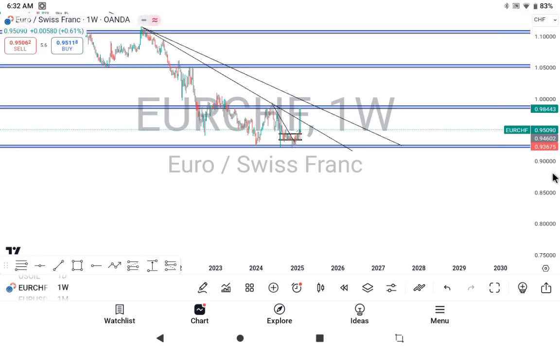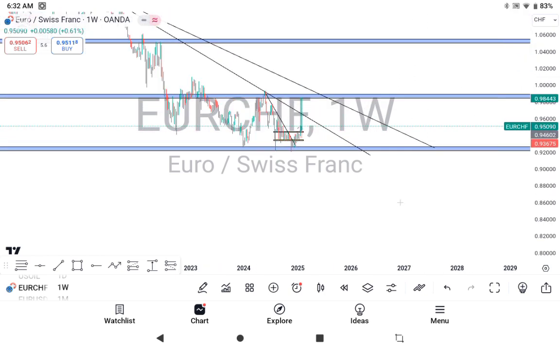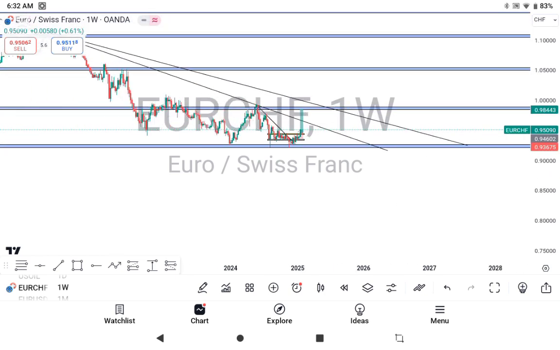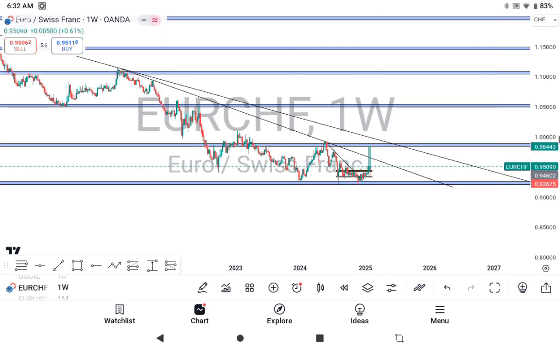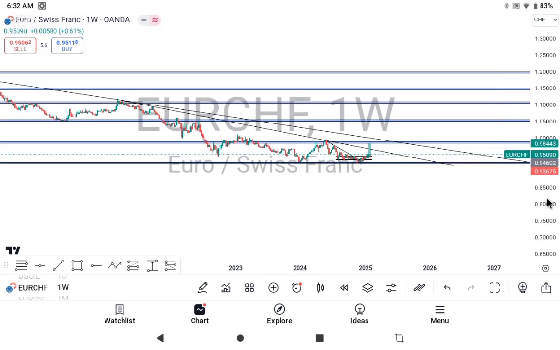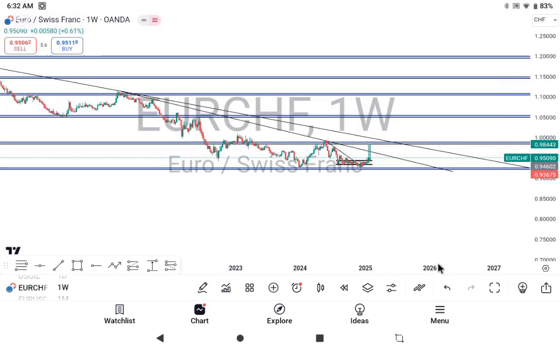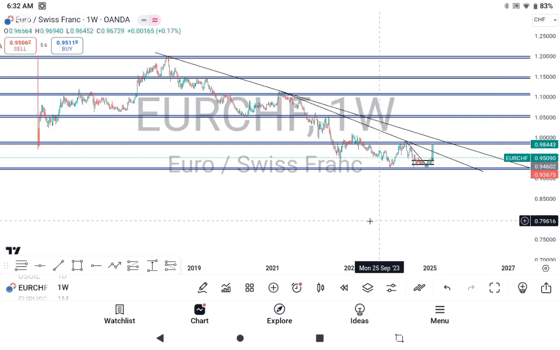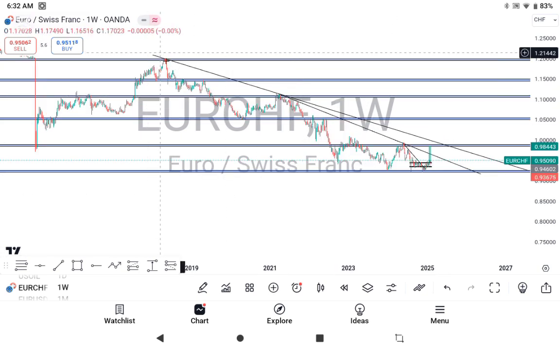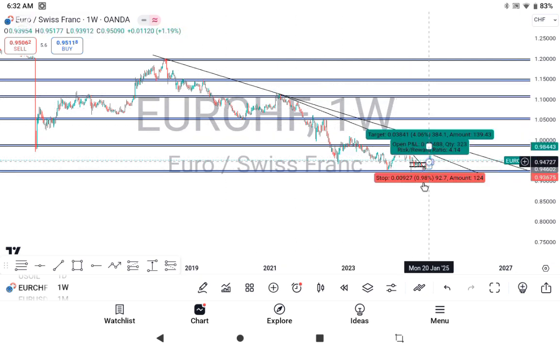From the higher time frame, we can see that EURCHF is on a bearish trend, getting a consecutive series of lower lows and lower highs. We have a low, we have a high, we have a low, we have a high, we have a low, we have a trend reversal right here on this key level of